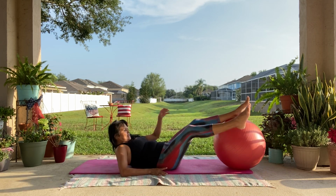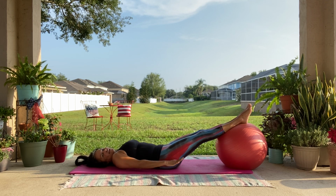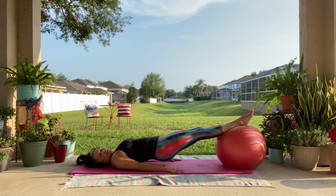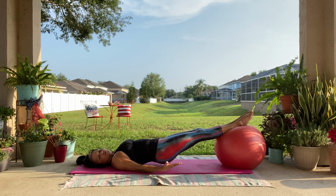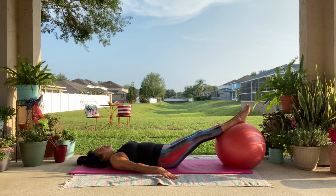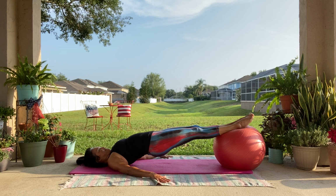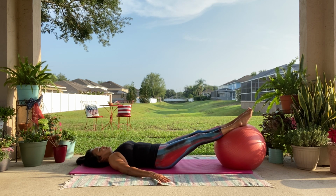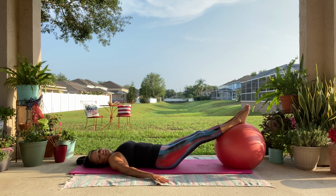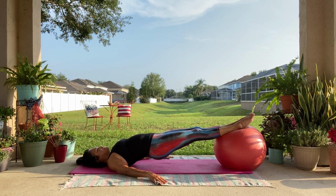So I'm going to go back to it. Again, engage that core. Inhale, exhale, lift up. Inhale, exhale, down. Inhale, exhale, up. And then down. And then one more time, up. We're going to keep it here